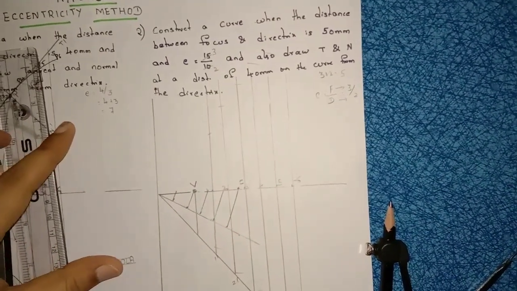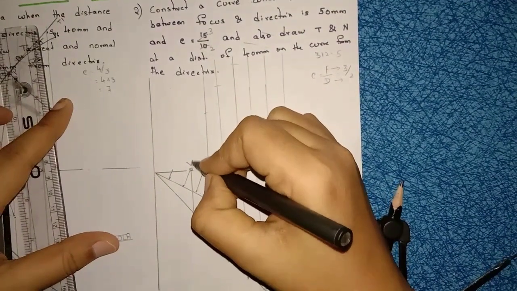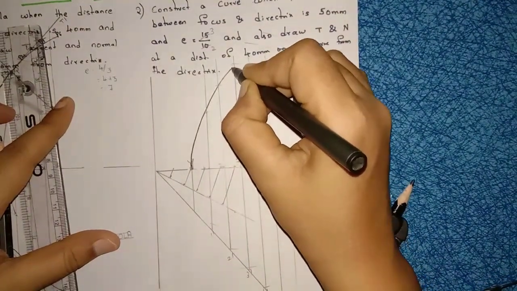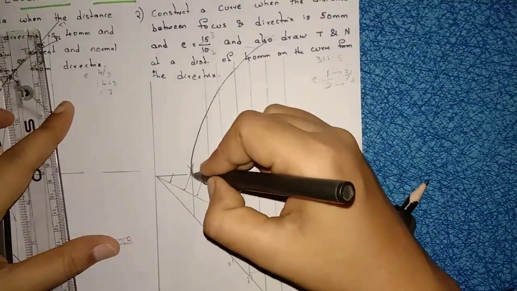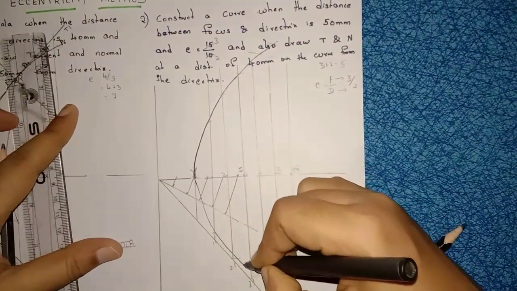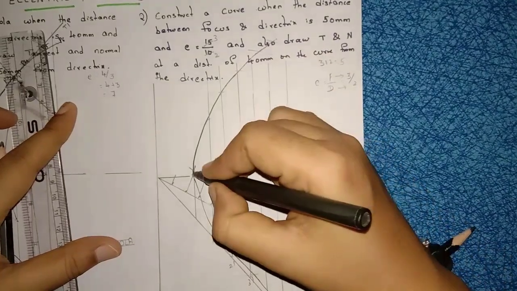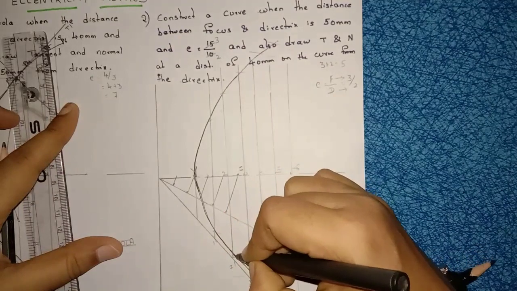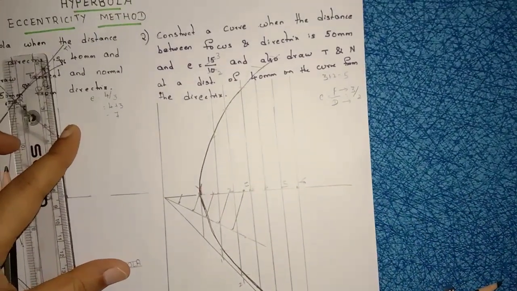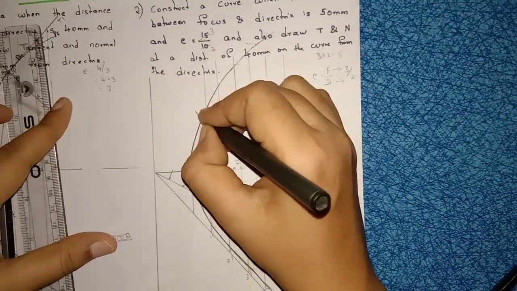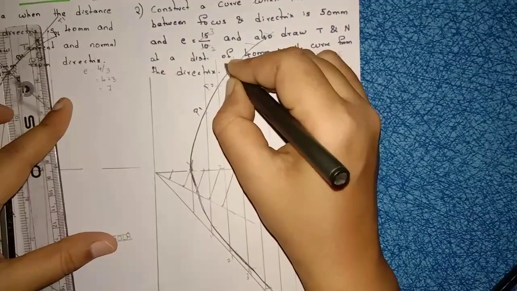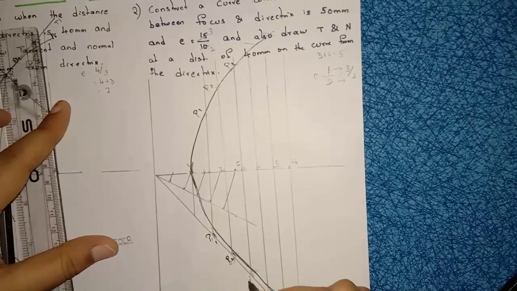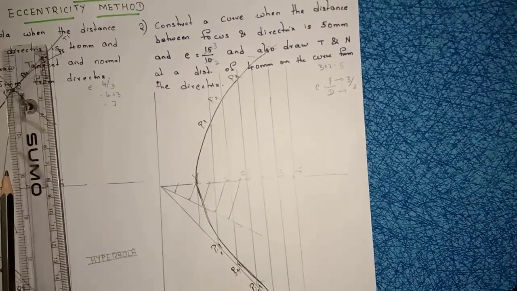you will get the shape of the hyperbola, right? So only the hyperbola should be dark, right? See, when you observe the hyperbola and parabola, you can easily identify that the hyperbola width will be more when compared to the parabola. After that, write down here P1, P2, P3, and so on, and here P1 dash, P2 dash, P3 dash, and so on, right?